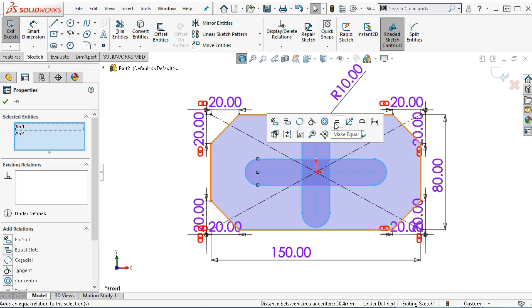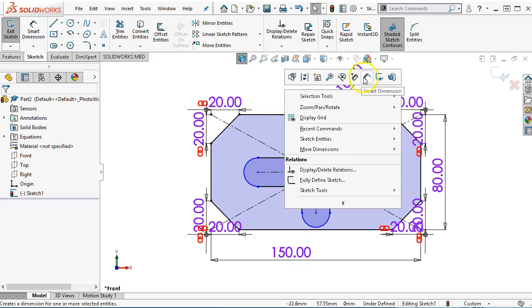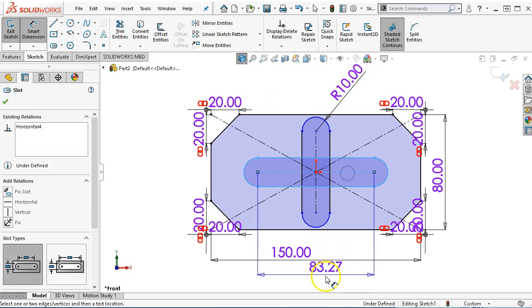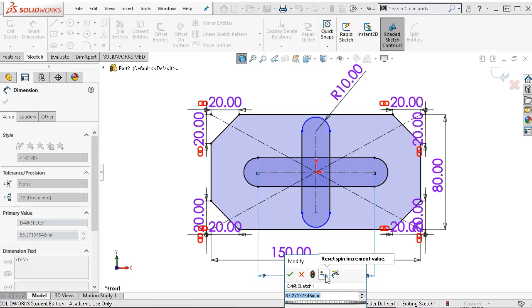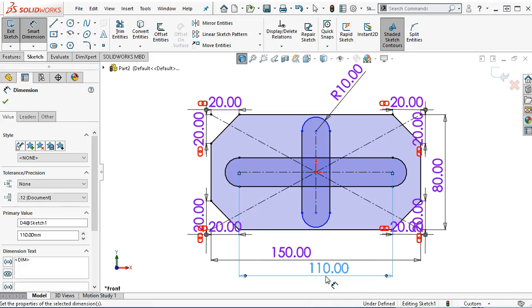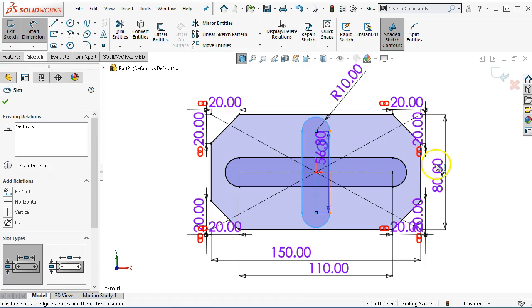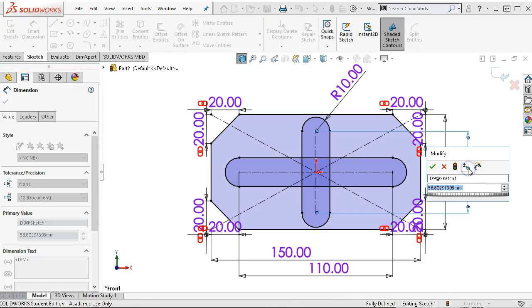So if I had multiple slots, it would be very easy to pick that geometry and set it equal. So since I just want the radius, I pick the radius of each slot and set those to equal. Now we can give it a length. Horizontal is 110, the vertical slot here is 40,